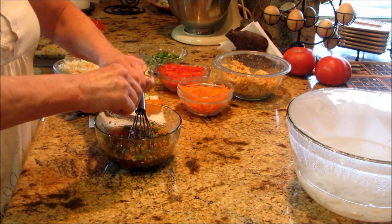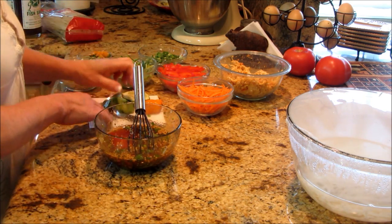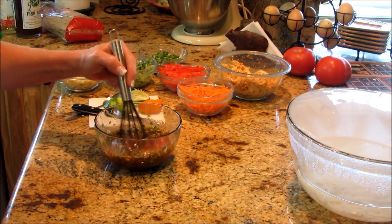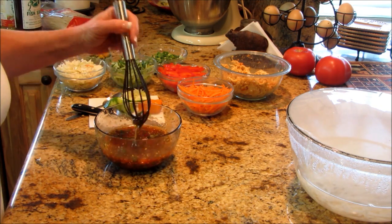There we go. I love citrus. Let me rinse my hands off. And there we go. We're almost ready to toss this together. So I'm going to go ahead and stir this up. See what I got. We got the sweet, the sour, the salty,